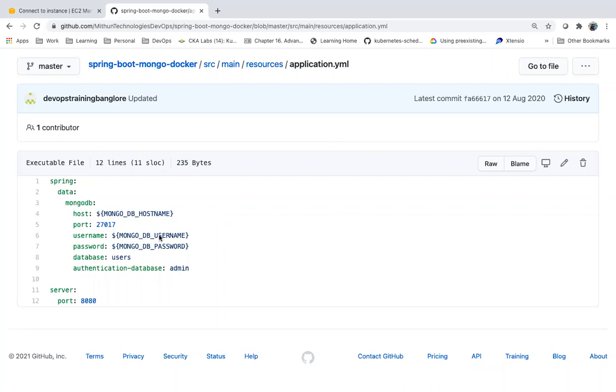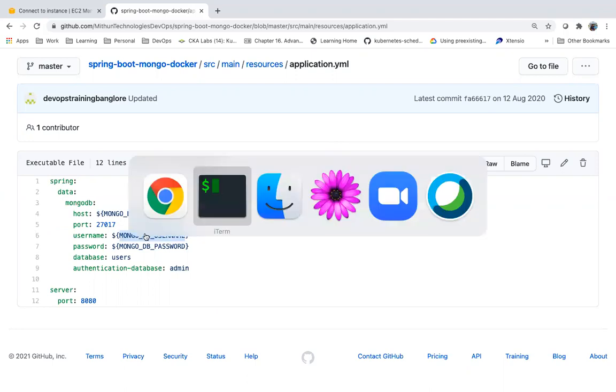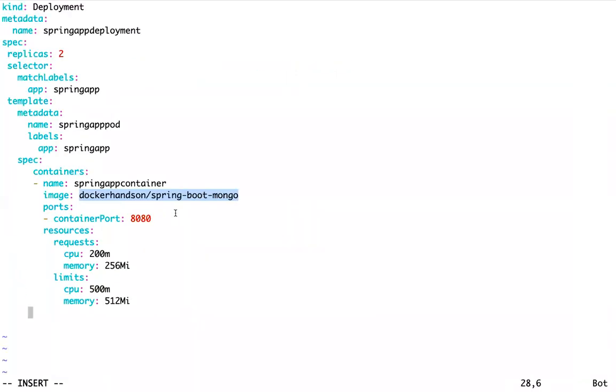If the developer hard codes some configuration values, we cannot externalize, right? So the developer externalizes using something like this. He is expecting some environment variables. How can we pass them here? In Docker, what keyword do we use? While directly using the command, we used -e. In the compose file, we used environment,